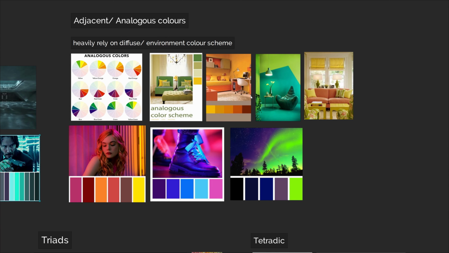Pick some color on the full color circle and find their neighbors. And I personally feel like the analogous color scheme is very commercial-based, just because by default they are designed to create that sort of harmony. So guys, if you're managing to sell something online, I will highly recommend you choose this color scheme. And in terms of lighting design, I think a lot of neon-based work is actually very friendly, or could borrow a lot of power from this color scheme, because of one thing I do have to remind everybody as a lighting artist,